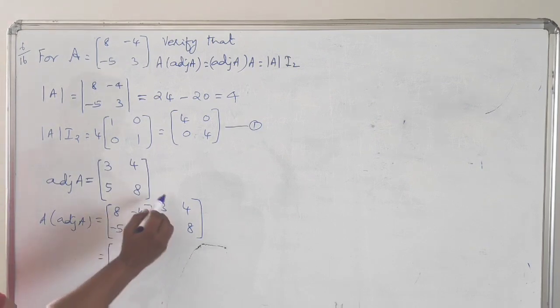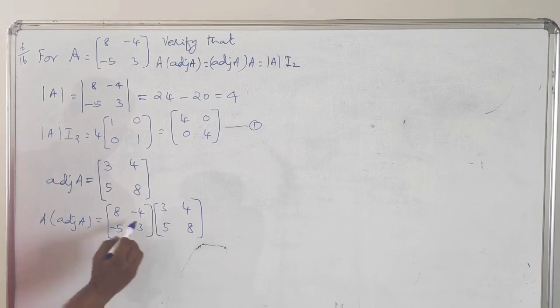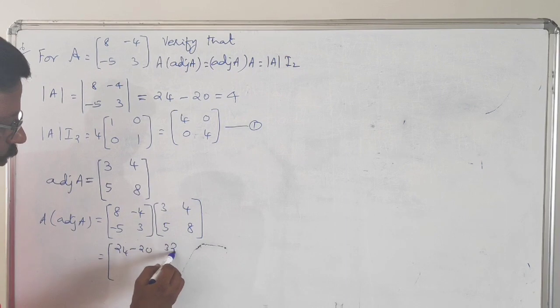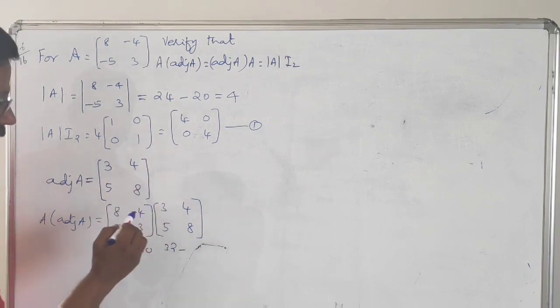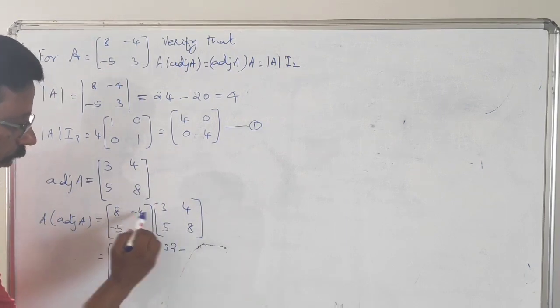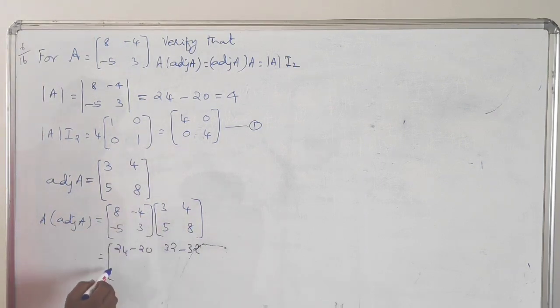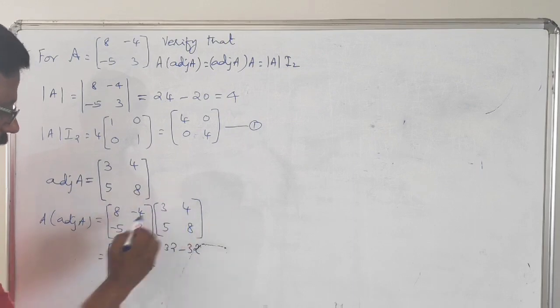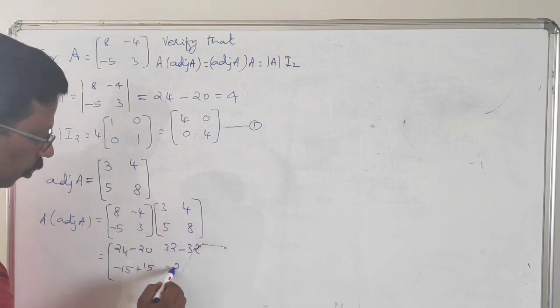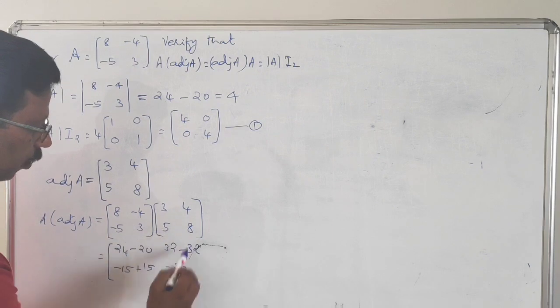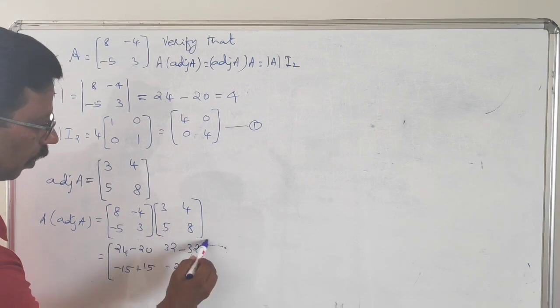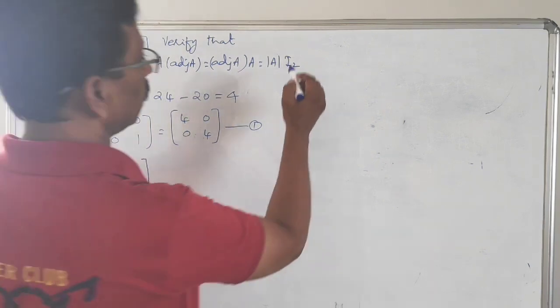First row by column: 8 3s are 24, then minus 20, then 8 4s are 32, then minus 4 8s, that is minus 4 into 8, minus 32, you can write minus 32. Then we can say minus 5 into 3, minus 15, then plus 3 5s are 15. Then we go to second row, second column: minus 5 into 4, minus 20, then plus 3 into 8, 24. Now we got this as,